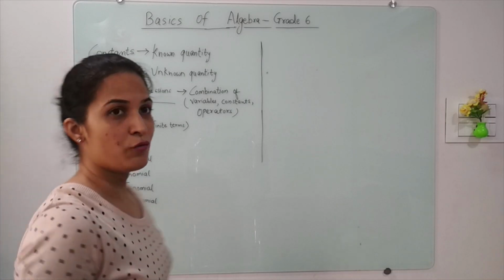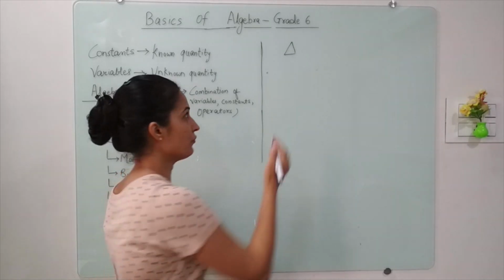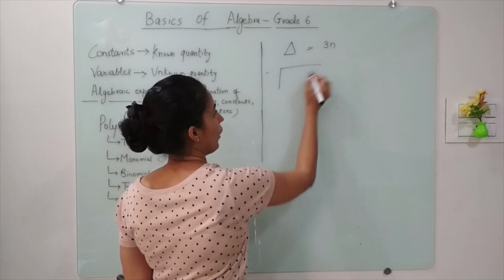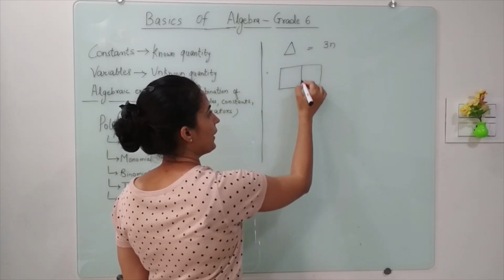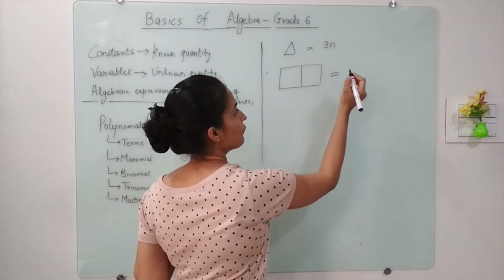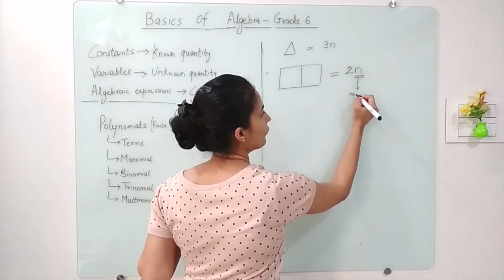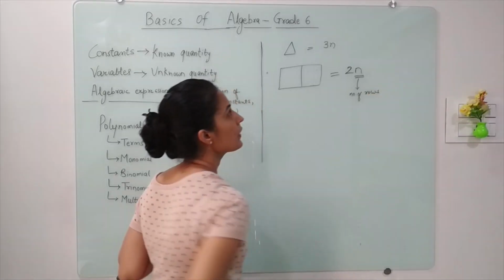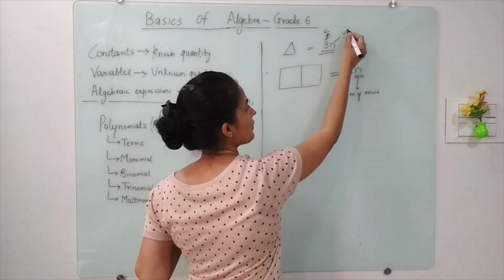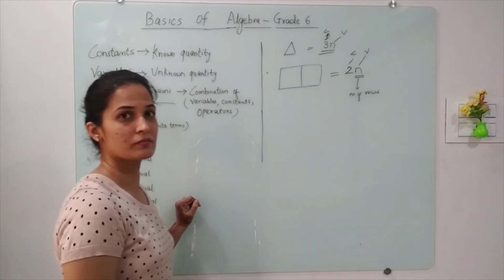Okay. Now we have seen two patterns. One for the number of straight lines required to create n number of triangles. That was 3 multiplied by n. The other pattern we saw was how many squares will be required in n number of rows if in each row there are 2 square boxes. So the rule that we formed here is 2 multiplied by n, where n is the number of rows. So now here in this, 3 is a constant and n is a variable. In this, 2 is a constant and n is a variable.